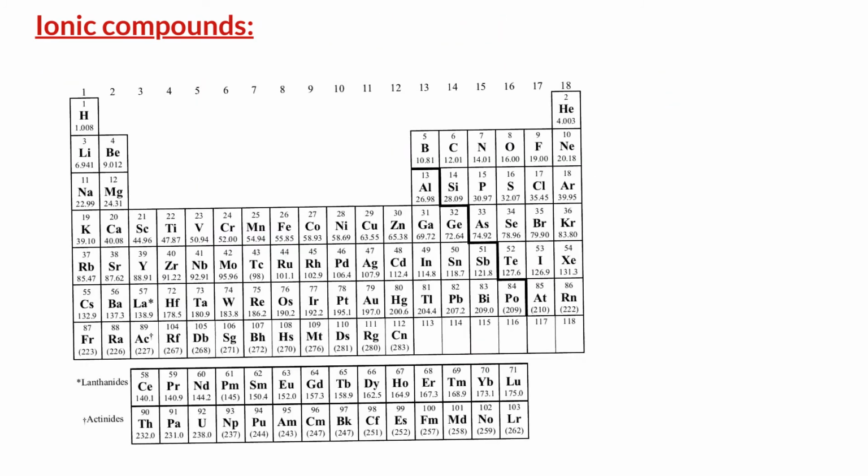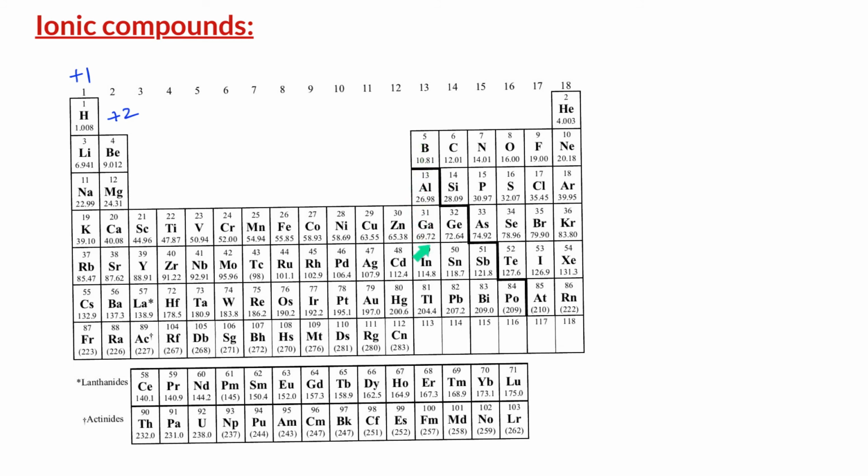If we look at the periodic table, overall we can say that each element in group 1A has 1 additional electron than the nearest noble gas. Therefore, they lose it to form monopositive cations. Similarly, group 2A elements have 2 electrons more than the nearest noble gases. These elements lose 2 electrons to form dipositive cations. And group